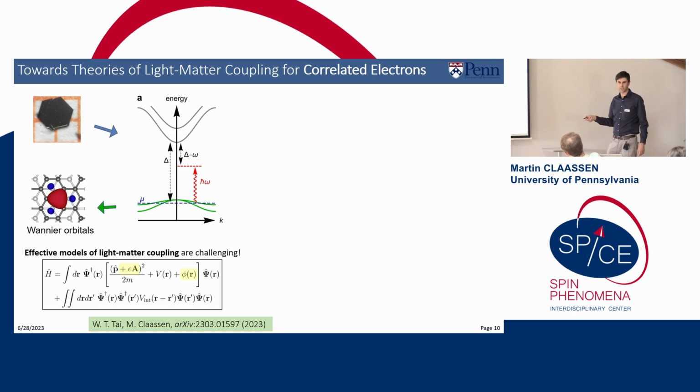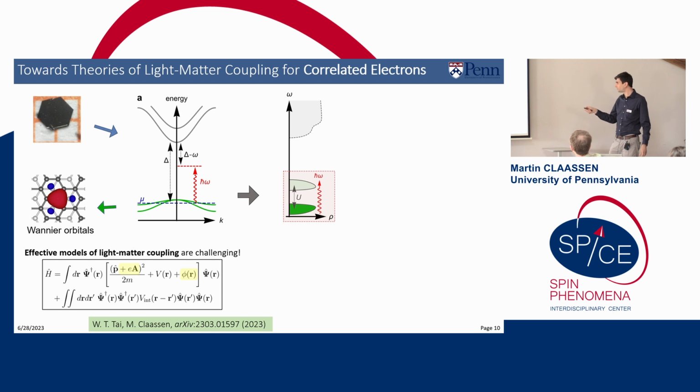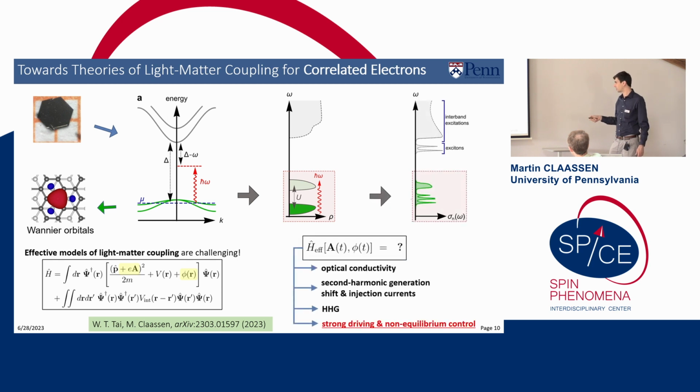So we know light couples via minimal substitution. But of course, we're not interested in this parent Hamiltonian of condensed matter, which encapsulates all bands. We really want to know what is the effective dynamics and what are the effective excitations that we couple to. And so the name of the game is, we can think about, say, a single particle spectral function. These bands might have a Mott transition, forming a lower and an upper Hubbard band, and I might probe transitions across the Mott gap. And so I should expect that my optical response at low frequencies is only governed by this.